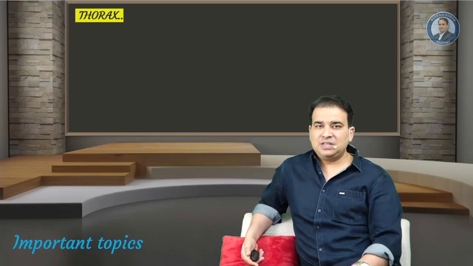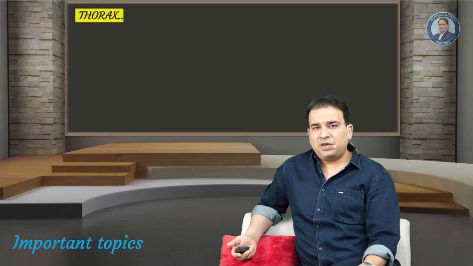Like, look at again the recent AIIMS question. There was a question asked from the thorax also, and they just gave a picture of a ventricle in which the different structures were marked, and you had to identify them. So it was a simple identification question, but at least you should have read it once, then only you could answer it. In the thorax and abdomen, when it comes to viscera, well,